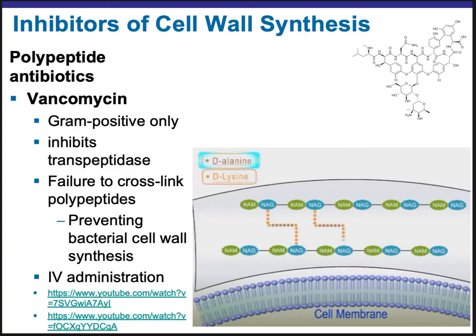The IV form of this drug can cause some side effects that have to be monitored closely. It can cause some renal toxicity because the kidneys are filtering it out of the blood. And there is also what is referred to as red man syndrome. Okay, it's not necessarily fatal, but it is a complication that needs to be monitored closely and dealt with to make sure that you don't end up damaging the kidneys.